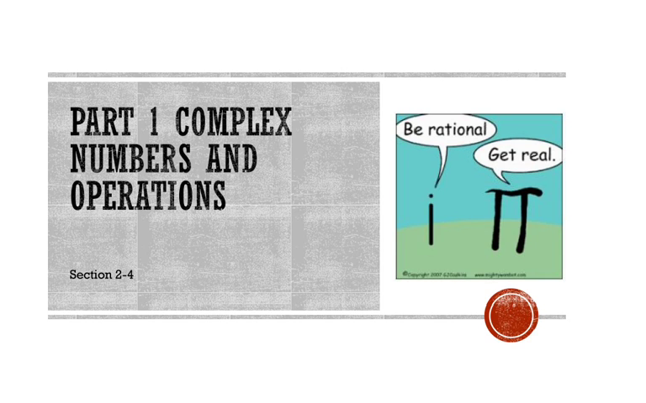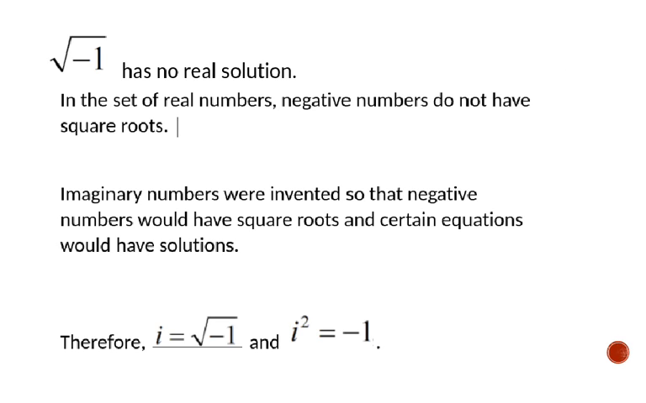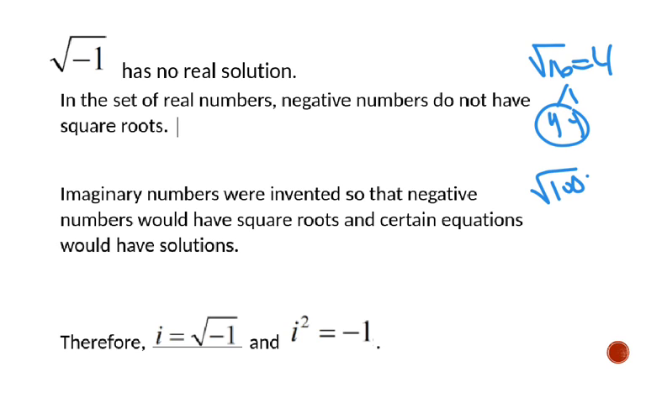Today we're going to begin our discussion on complex numbers. So to begin, let's think about what a square root is. If I had the square root of 16, I could say the square root of 16 is 4 because 4 times 4 gives you 16. Or if I had the square root of 100, the square root of 100 is 10 because 10 times 10